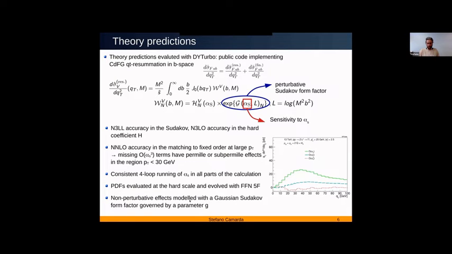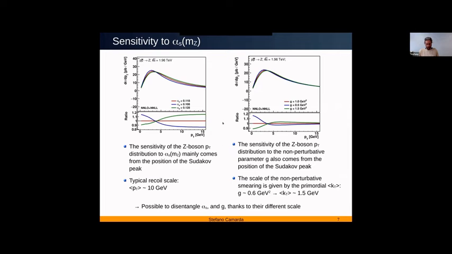That is a simple Gaussian non-perturbative form factor that is governed basically by the width of the Gaussian in this space, that is a parameter g. So let's now understand a little bit the sensitivity to alpha S. The left plot is showing the effect of large variation of alpha S on the ZPT distribution. You see that larger alpha S means a shift in the position of the peak. The typical scale of this recoil, we can think about it as the barycentre of the distribution, that is